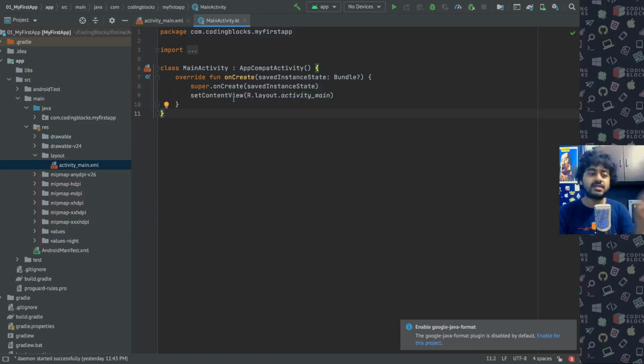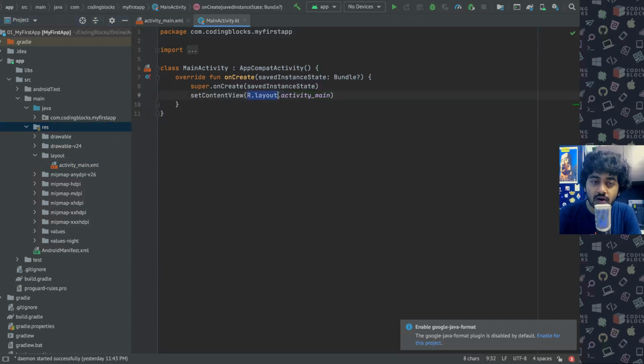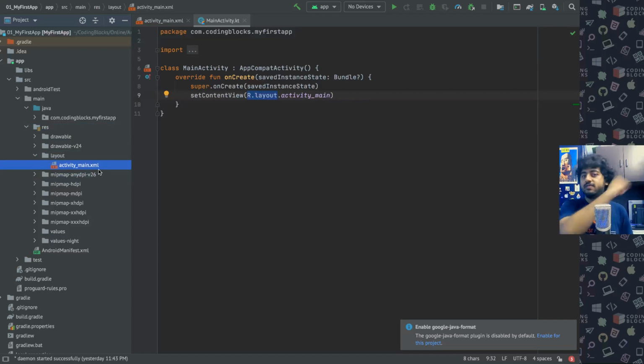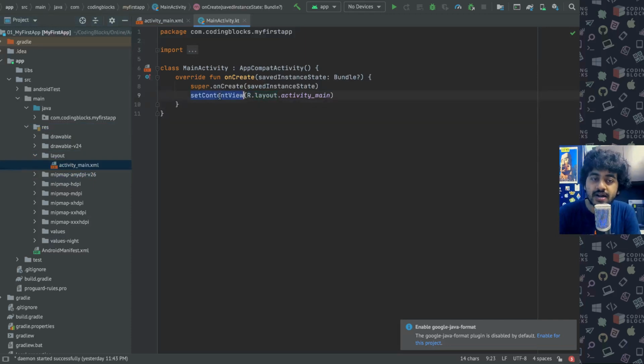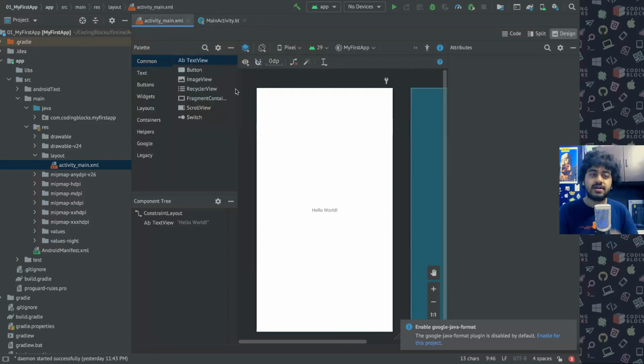So things inside the resource folder are accessed from Java or Kotlin code using this R.layout kind of syntax. So if you do R.layout.activity_main, it means res folder, layout folder, activity_main.xml file. That's how we refer to items inside the resource using this R.layout. So I'm just saying that setContentView is a function which tells what is to be shown on the screen. So I'm telling Android that I want to show activity_main on my screen. What is activity_main? It's this XML file which contains the description of how to make hello world visible there.